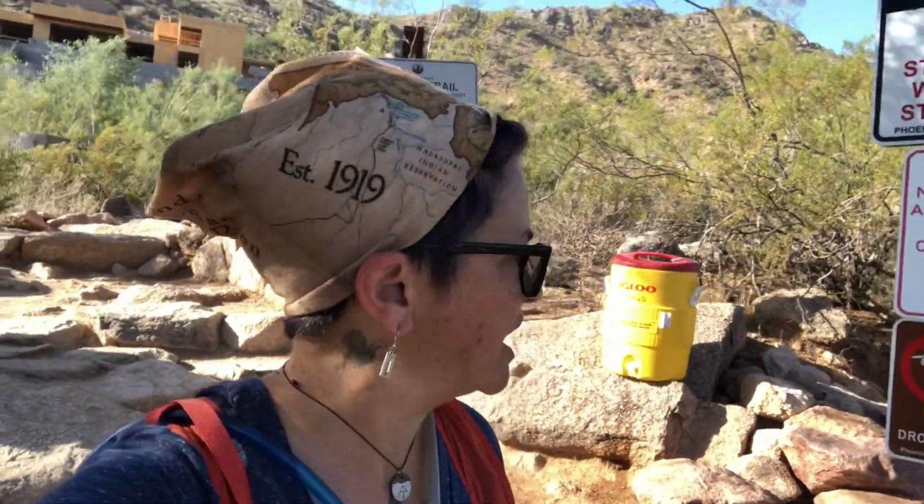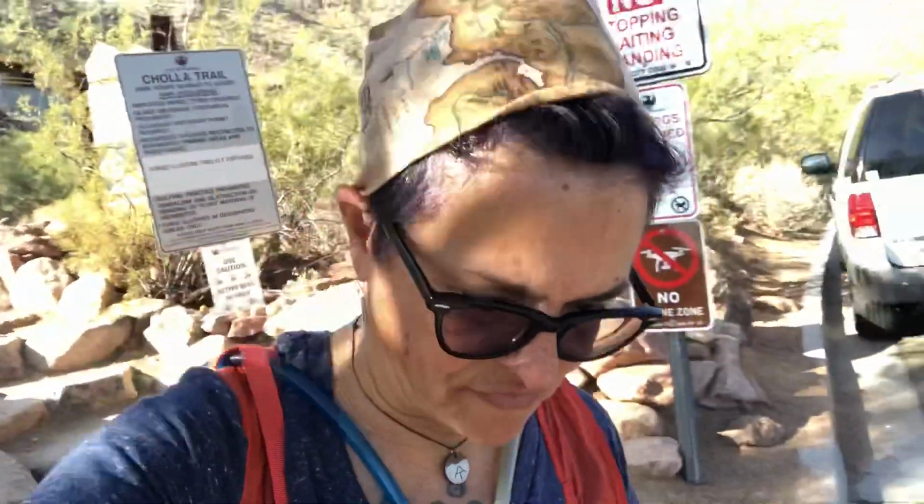All right, I'm finished. I'm at the Cholla trailhead. I'm gonna walk down to the road, call for an Uber, get on with my day. That took 2.5 hours. It's 1,000+ feet of elevation gain, and it's like, I don't know, 2.5, 3 miles long. It's not that long,